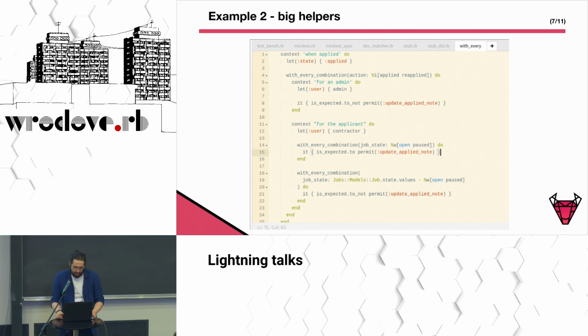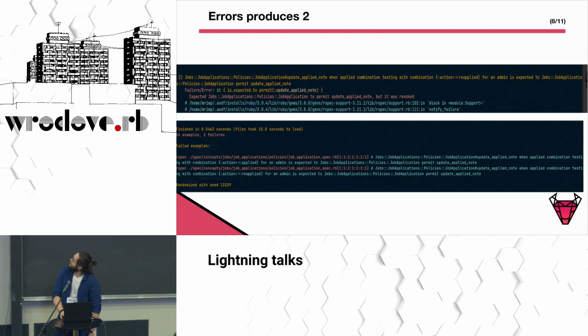For example, this "with every combination" helper is very useful for cases like: I have a user that can do some actions on some objects, but not on some others. Writing tests for cases like this manually either uses 200 lines, or you're doing some things with sample and collections, which is not very good. So here you don't have to write everything manually, and you also don't have to write loops, which are very hard to understand. And it can also give you better